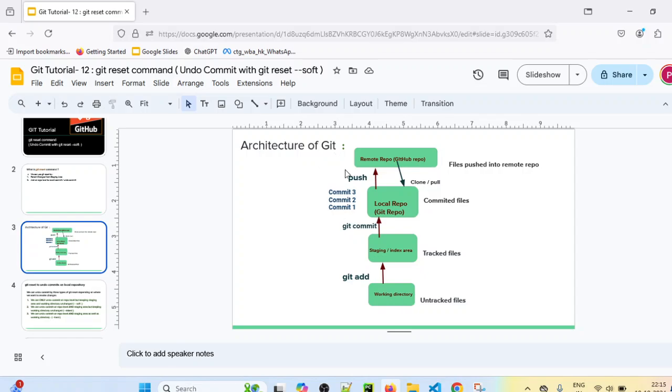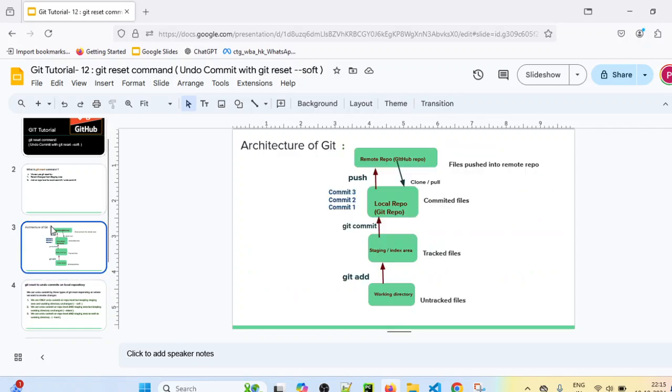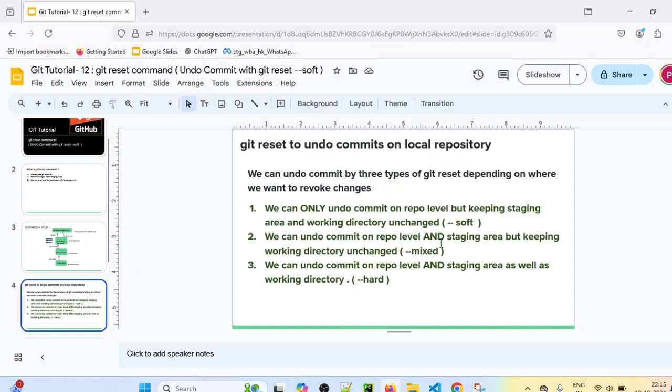Whereas in git reset --mixed, it will undo the commit, and along with the commit it will also undo the changes in the staging area associated with that commit, so those files are also reverted. That is the git reset mixed mode, or the default mode.